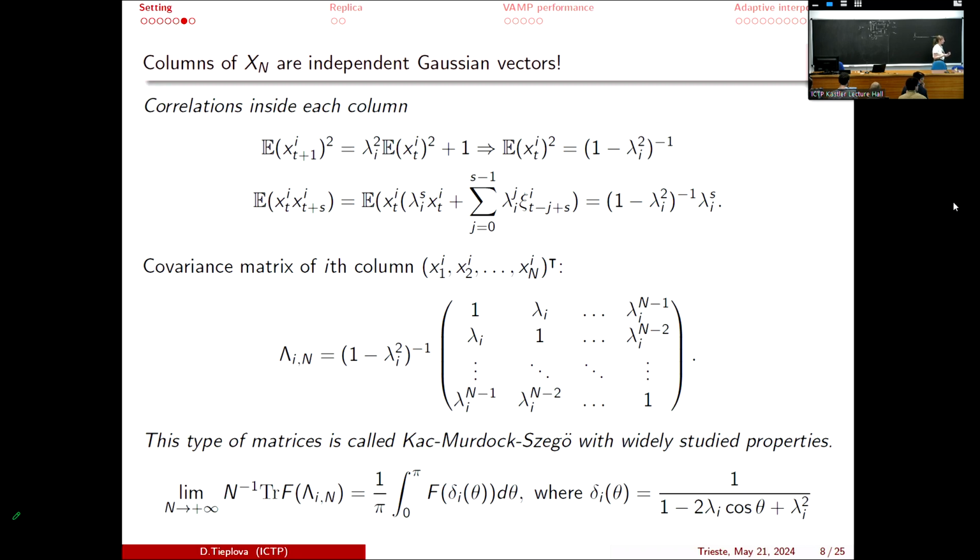So in the limit, if we are interested just in the normalized trace of this resulting matrix, it means that we can take just this function. Everywhere instead of lambda I, we will put the generating function theta I. So for each parameter lambda, there will be a different generating function, of course, but all of them will be of this form. So instead of these matrices, we are just putting the generating function. We are taking the integral from 0 to p, and voila, we are done.